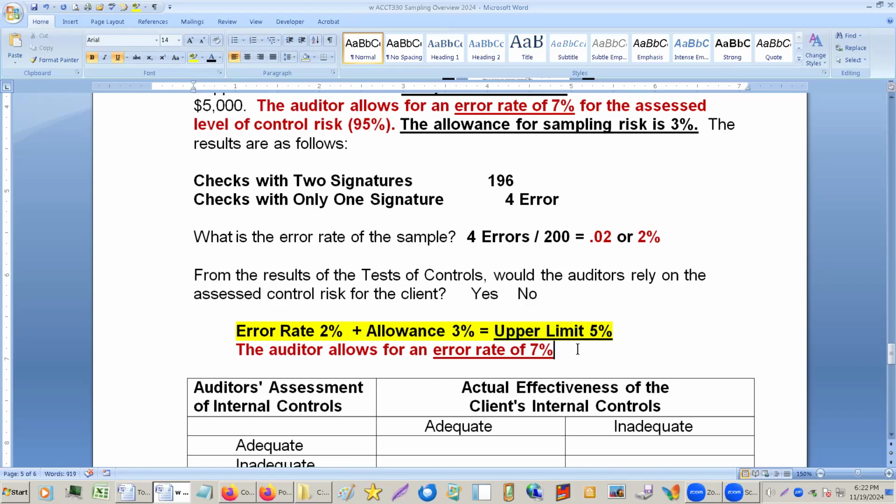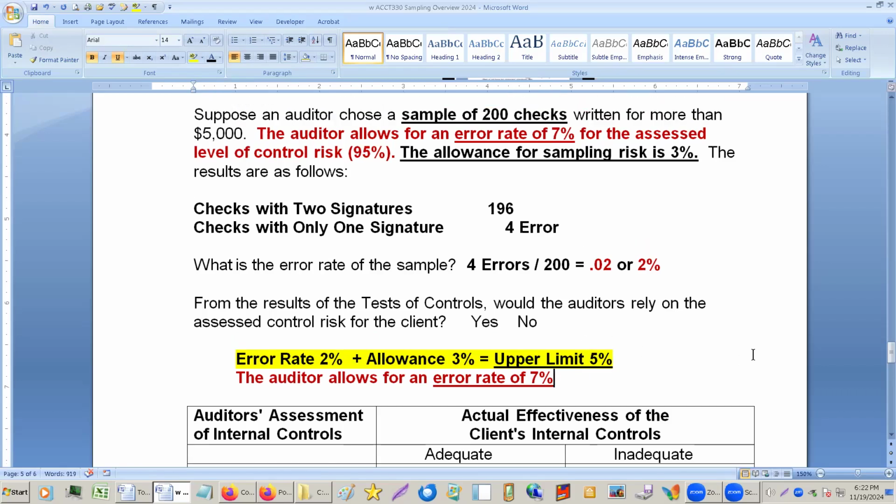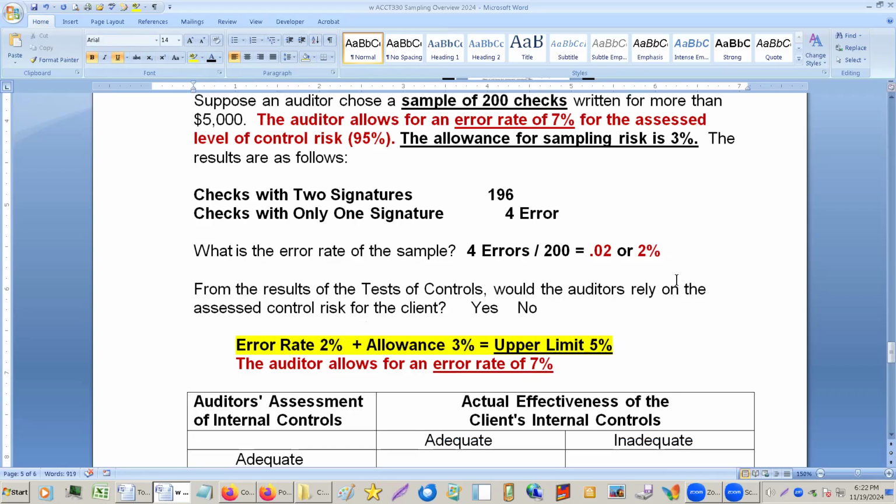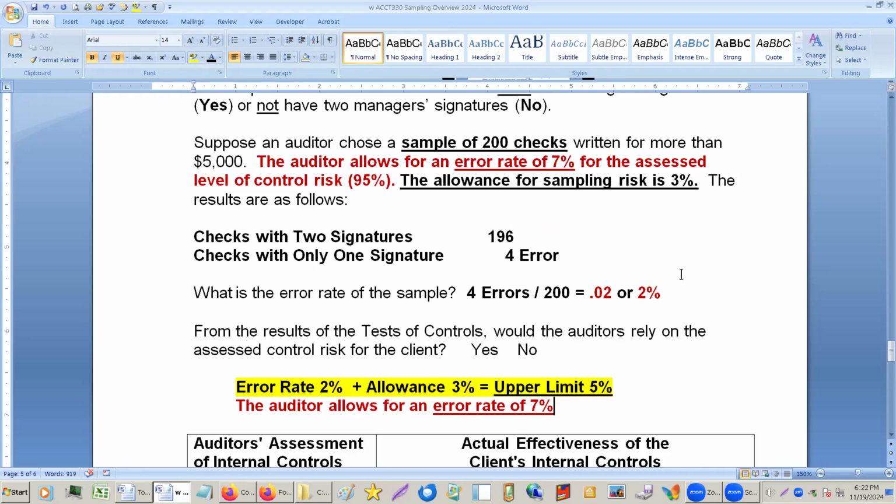Now we'll be happy with an error rate of up to 7%. So will they rely on the control risk? Yes, because it's smaller than the error rate of 7. Yep, very, very good. Yep, that is less than, we're saying that worst case scenario, upper limit, it's 5%, but we'll accept up to 7%. So it's less than our